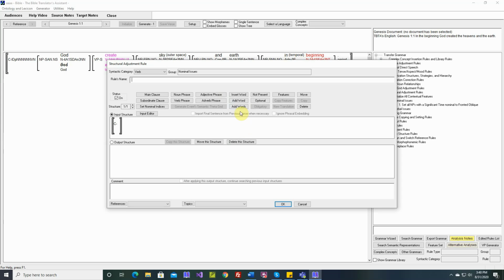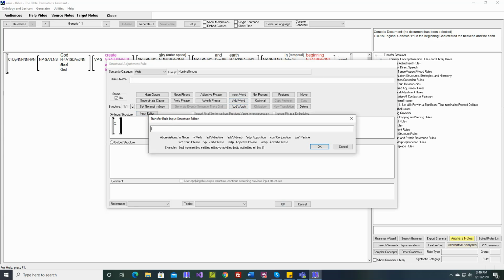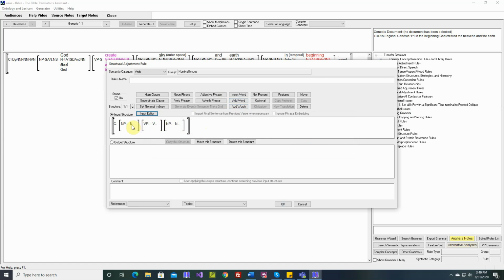This video will describe the Add Word and the Add Words buttons in structural adjustment rules. Let's build an input structure. Okay, so we have a noun phrase with a noun, a verb phrase with a verb, and another noun phrase